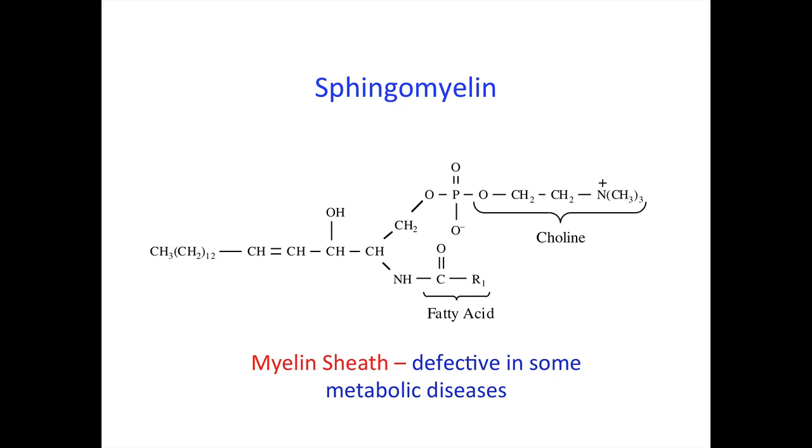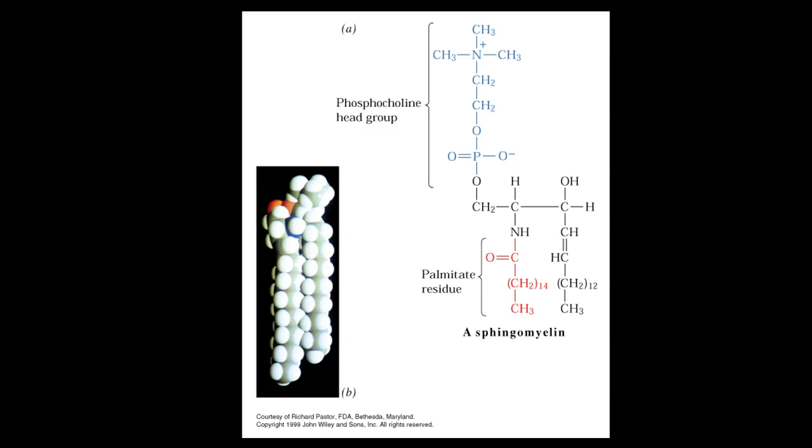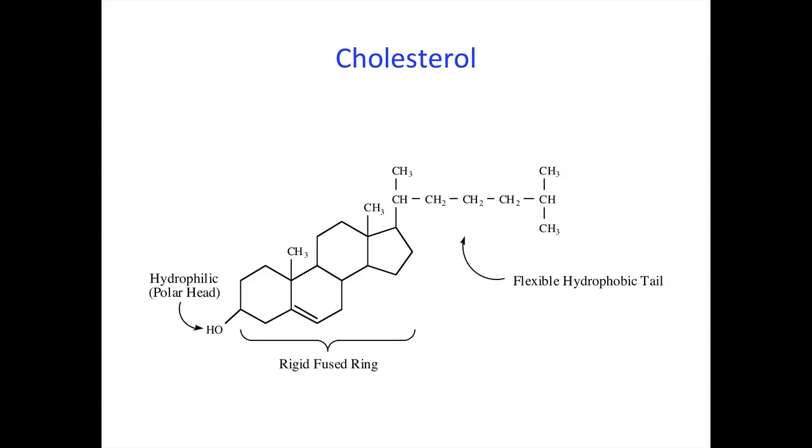Alright, so as I said before, sphingomyelin is the key lipid found in the myelin sheath. Alright, so that's just some more structures of it. Now the last lipid that is found in the membrane that we will be discussing in this lecture will be cholesterol. And this molecule, I would expect my students at least to be able to draw cholesterol, and not only just draw it,